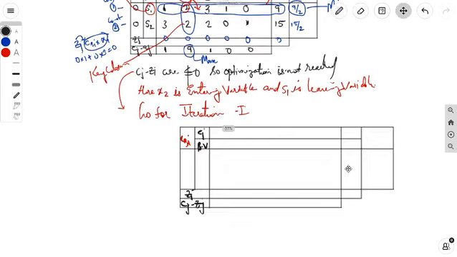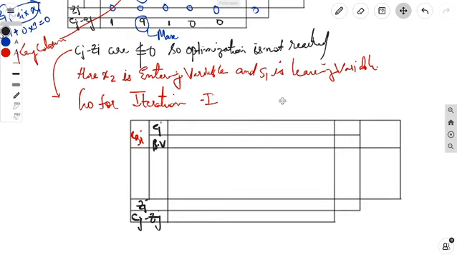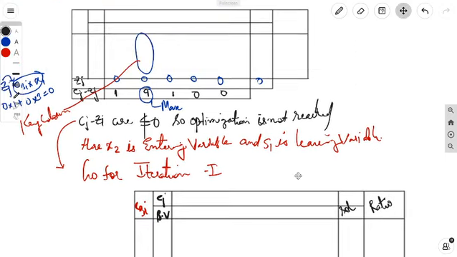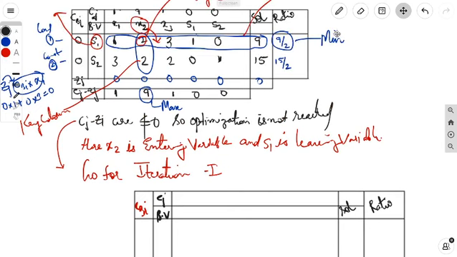Cj minus Zj we have. This is for solution, this is for ratio. Okay, fill this. What are the coefficient, Cj coefficient? Look at the above problem, or you can look at the objective function for filling this. Cj's values are same. This is nothing but 1, we have 9, we have 1, we have 0, we have 0. This is S1, this is S2,